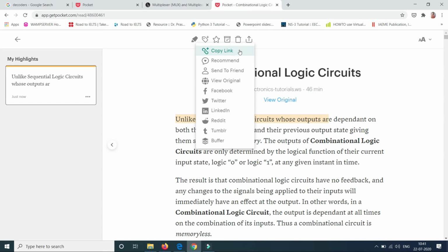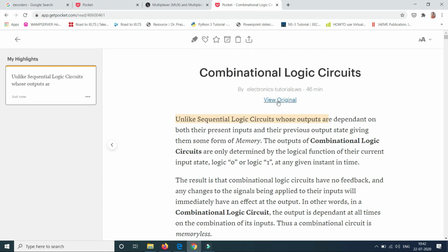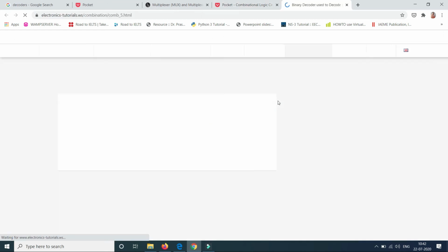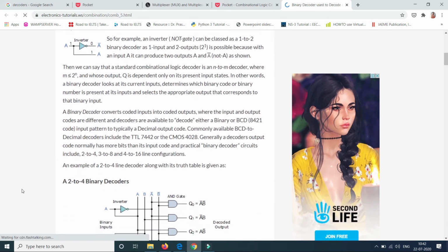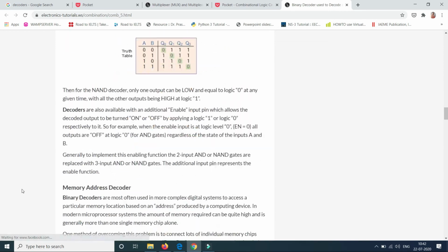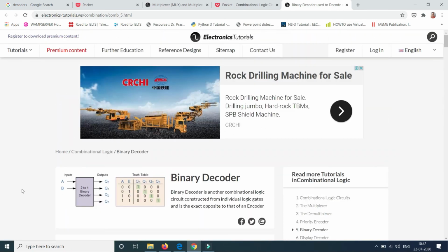You can copy the link from here, send a recommendation, send to a friend, view, or you can even see the original, right? This option is also available here. If you want to see the original web page, then you can access it from there by clicking on view original. Thank you.